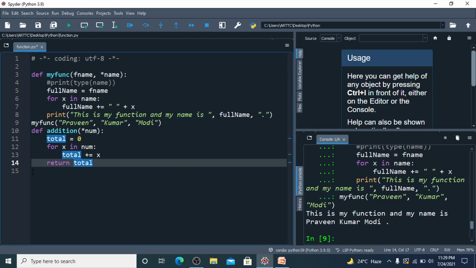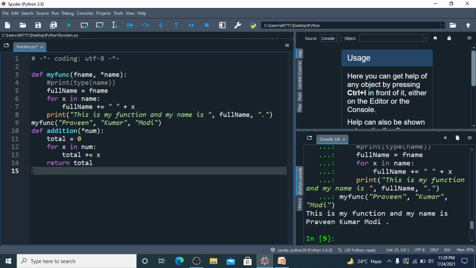So what will happen now? Whenever we want to add any numbers, we can use this addition function. 2 comma 4.